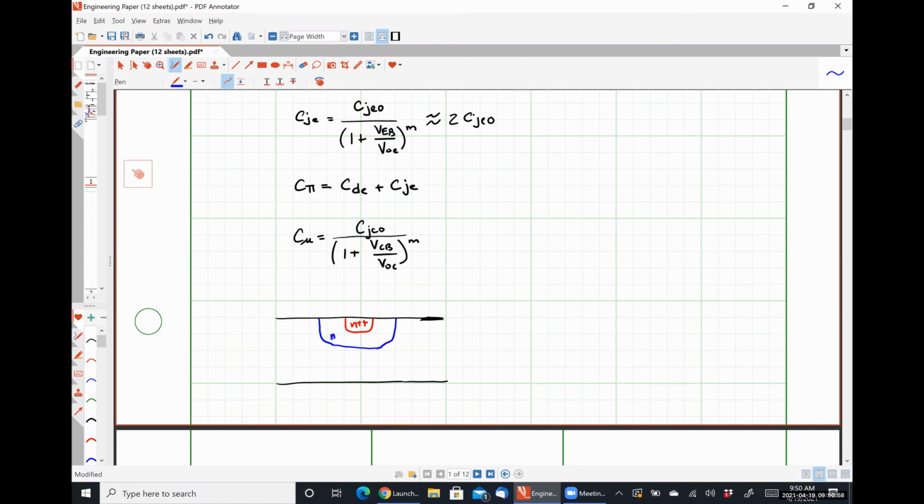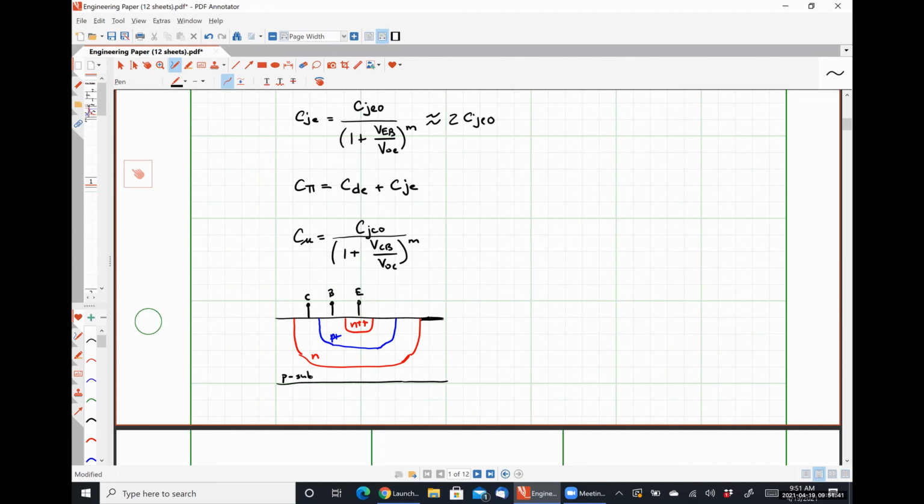This is our base region. And this is our collector region. Sorry, and this guy should just be N. So we have emitter, base and collector, but we must remember that we are on a p-type substrate, meaning that if we have a